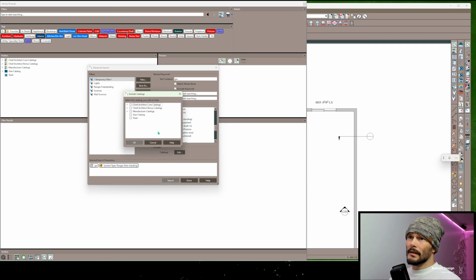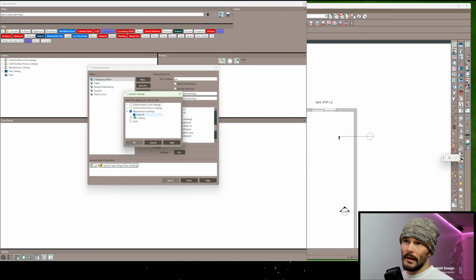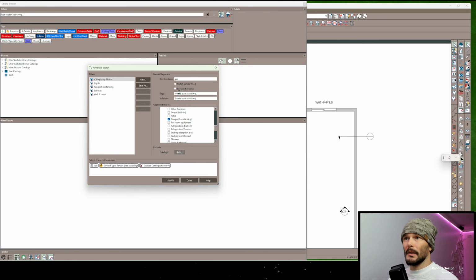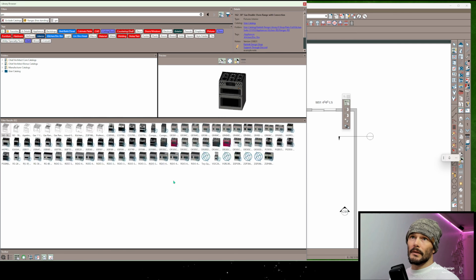And then catalogs to not include. Now notice that we don't have certain catalogs downloaded. So we don't have Viking downloaded to be able to not include it. I would need to download that first. So in this case, Kohler's not really helpful. It's not going to show me anything here, but I'm just showing you that we've got a setup where we're excluding certain catalogs. So there we go. We're searching and excluding certain catalogs,